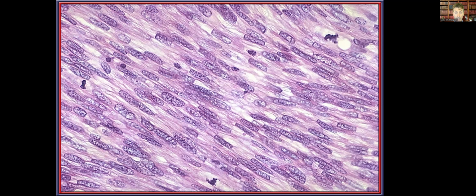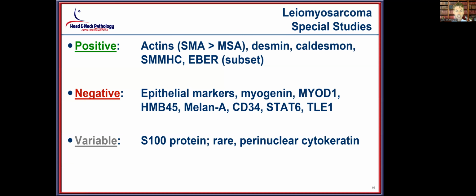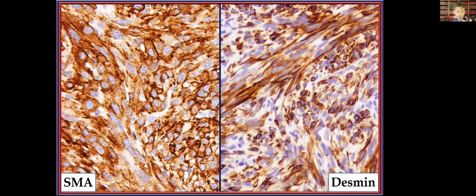So here you will notice that very characteristic cytoplasmic vacuole that appears immediately adjacent to the nucleus. I think you can tell that the nuclei are very boxy. They look cigar-shaped. They have a very well-defined border to them, and then immediately surrounded with this cytoplasmic vacuole, even here seen within a mitotic figure. So as you would expect, the actins are going to be positive, as is desmin, but I do think that the desmin is probably the most helpful in this example, since it is quite easy to interpret. So example of some smooth muscle actin as well as desmin in this neoplastic proliferation,